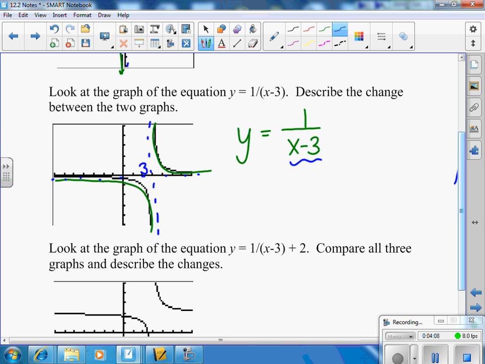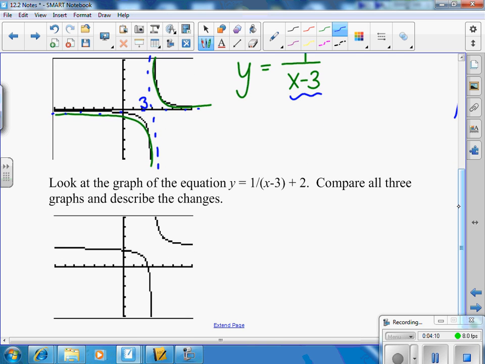And then how about this next one here? Not only does this part move to 3, but we have it shifted up. Our 2 curves now go up to 2. And we can see a 2 in our equation, x minus 3 and then plus a 2. And those lines that I made